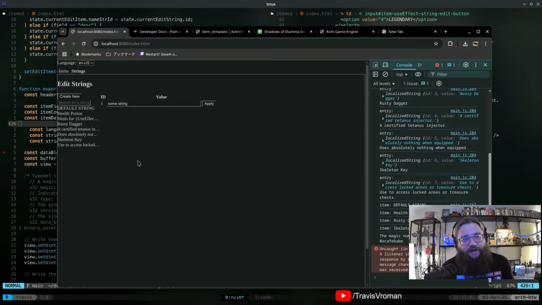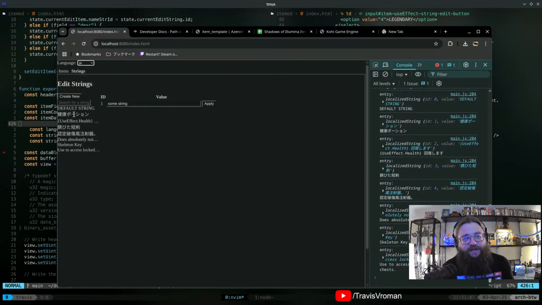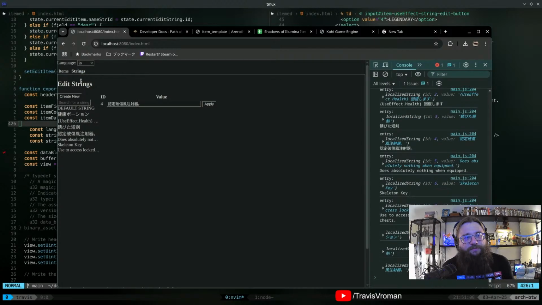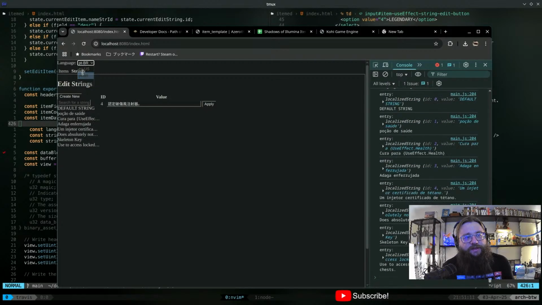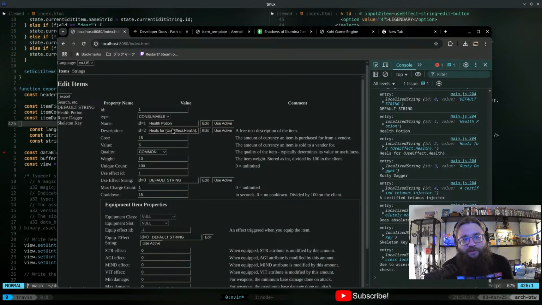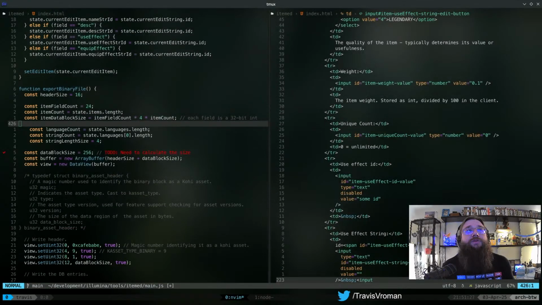and string editor. And the string editor has to do with localization. So we've got different languages in here of different strings. So we support English, Brazilian Portuguese, and Japanese. So all of our strings are localized, and so the items will reference those localized strings. And so that's what we're currently building, and we're also building